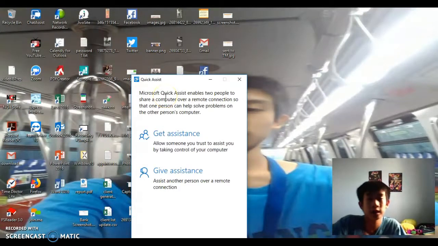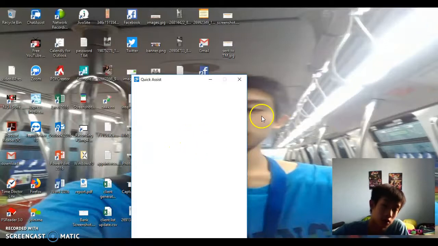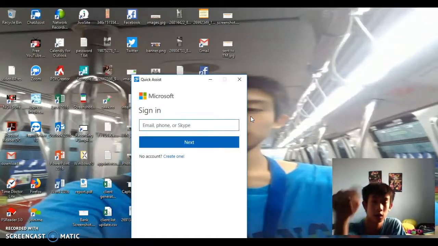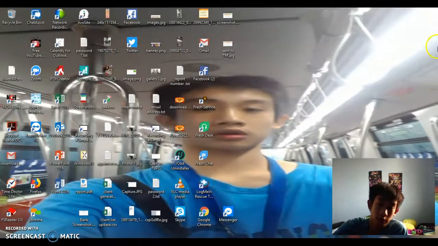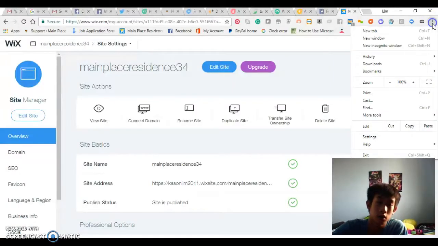Microsoft Quick Assist enables two people to share a computer over a remote connection so that one person can solve the problem. Example, I go to survey. Then I pass this code to the customers. Click in there. If you want to update the computer or Chrome, go to Chrome browser, go to here, go